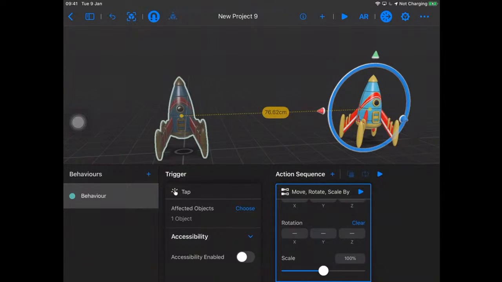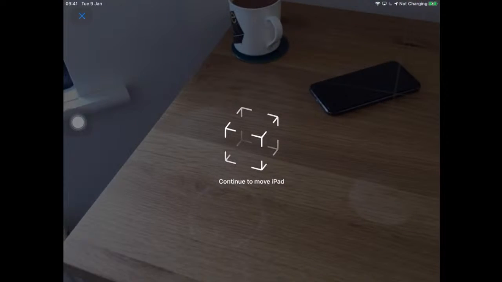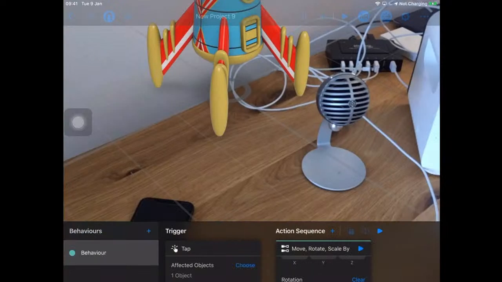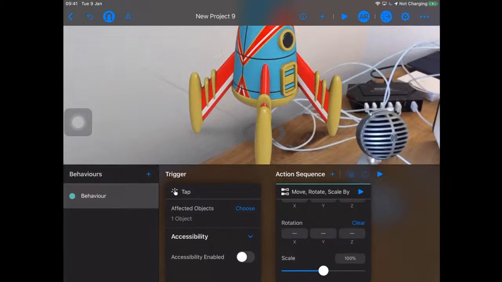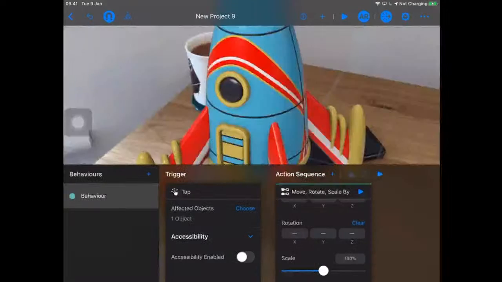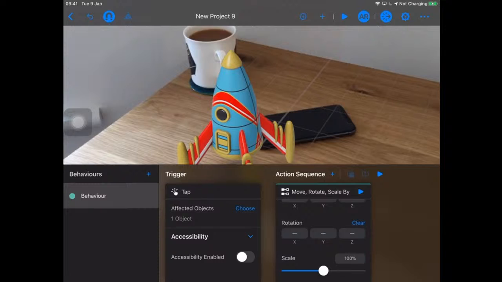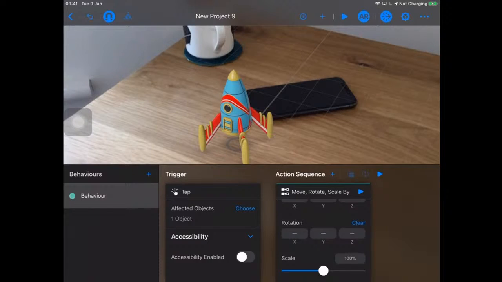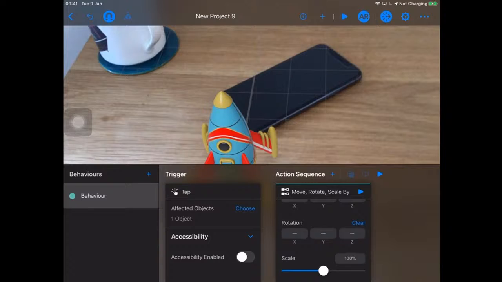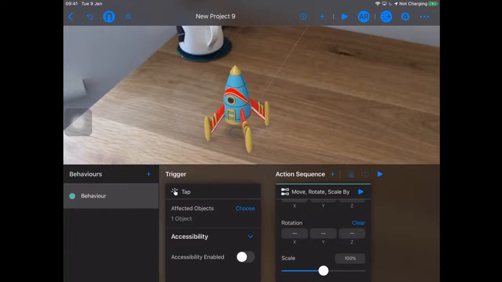So let's try placing this thing and then seeing what happens when we tap on it. So we'll turn on AR. So there we go. We're going to move the iPad to start as usual. All right, there's our ship. We can touch it and place it around. So I want it actually on the table. That's also a really large ship. I maybe don't want it that big. So let's try scaling it down, because it's a toy rocket ship after all. It's almost the same size as the phone. So move the phone out of the way. Now, if I tap